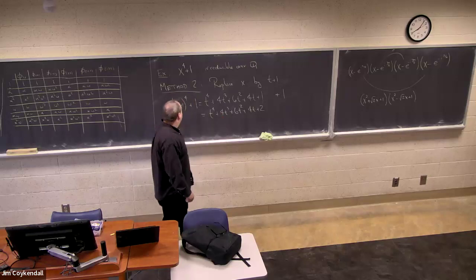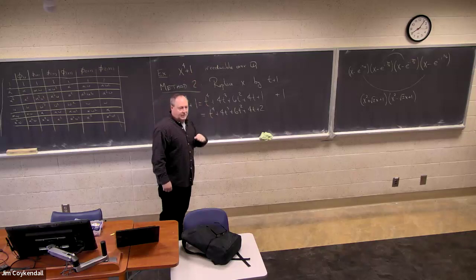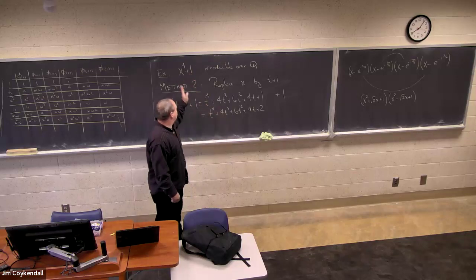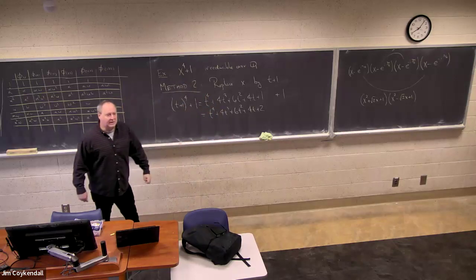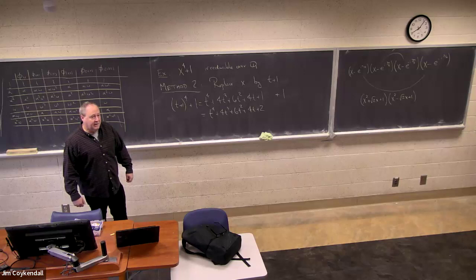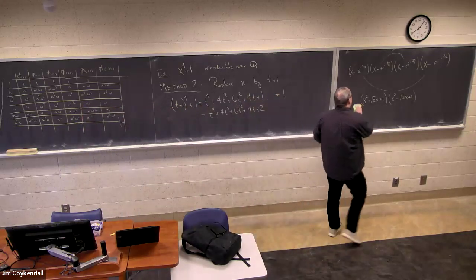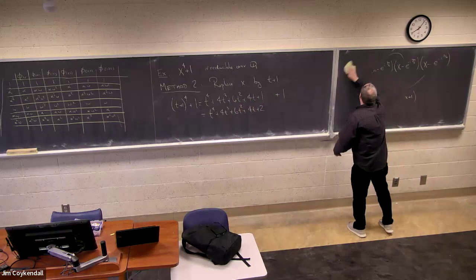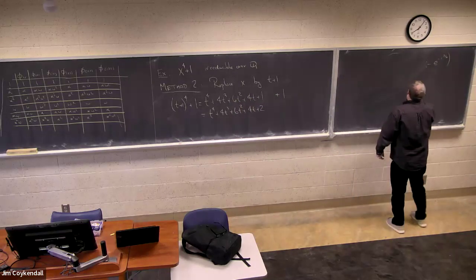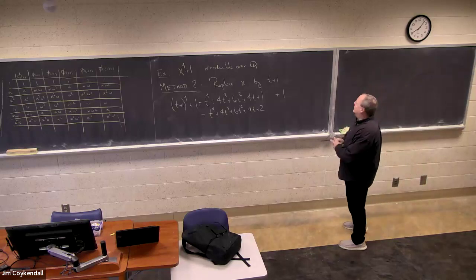But notice, if you could factor this one, then all you'd have to do is replace t with x minus 1, and you could factor that one, right? So this transformation doesn't really affect the irreducibility. So that's another way to see that. Everybody okay with that? That's kind of a neat trick, because sometimes things that aren't Eisenstein can be transformed into something that is. Okay, so